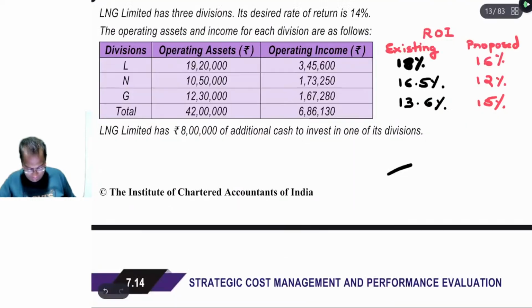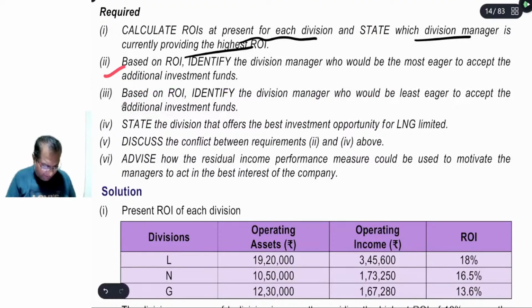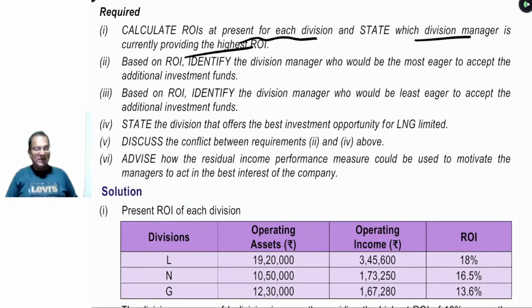क्लियर है? चलिए बेटा, अब क्या पूछा है फिर नेक्स्ट कि कॉन्फ्लिक्ट क्यों हो रहा है सेकंड में और फोर्थ में? बिकॉज ROI is based on the concept that departmental manager will take decision that benefits the department while it may not benefit the company. तो जो गोल कॉन्ग्रुएंस वाला कंसेप्ट था वो जिसके कारण यहाँ पे डिपार्टमेंट का डिसीजन इज नॉट नेसेसरीली फेवरिंग द